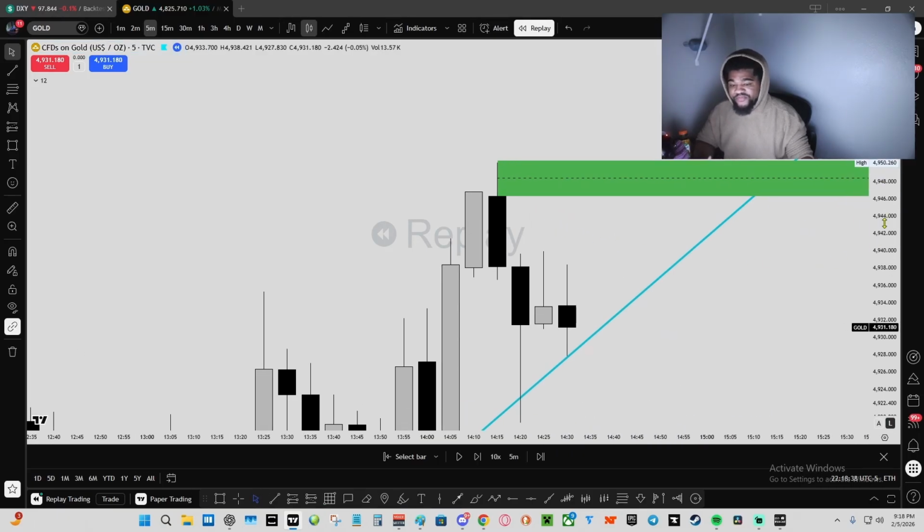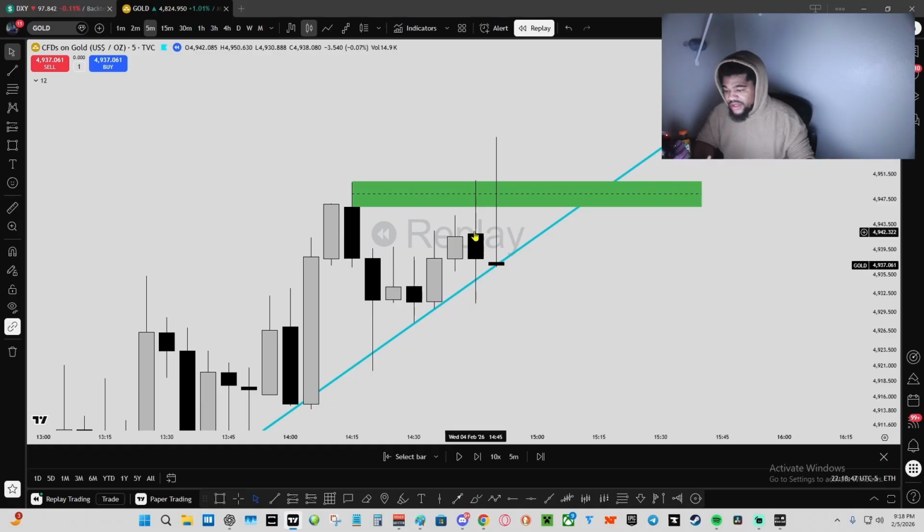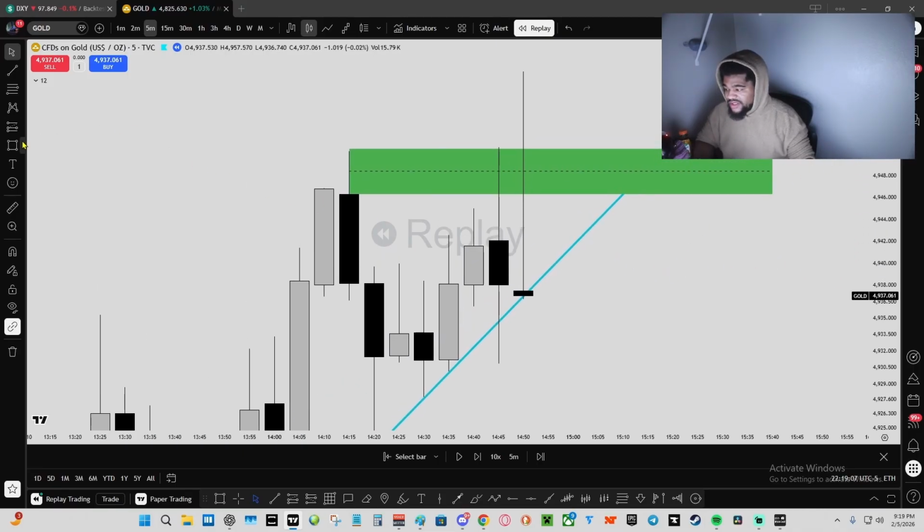Hopefully that makes sense. So I want to mark that up, and you simply just sit on your hands and you wait for the battle to get back to that area, and you want to see if the villains are going to continue to take power from the heroes at that specific point in time. As we can see, they did. It was really quick, and this will look a lot different in real time. But as we can see, they did.